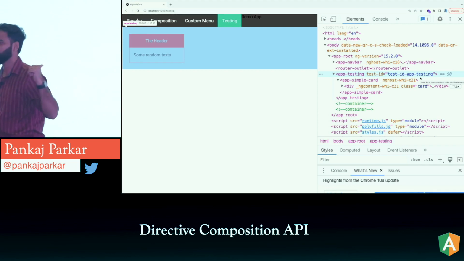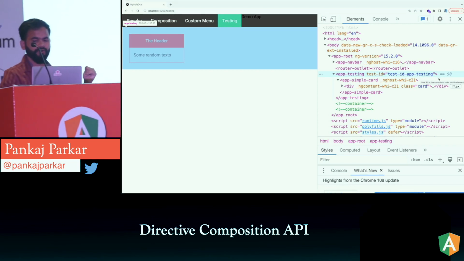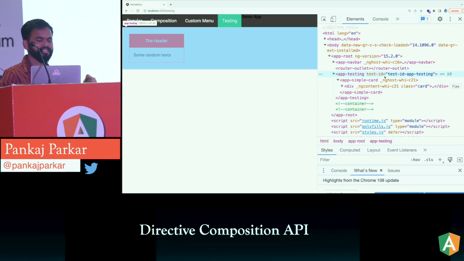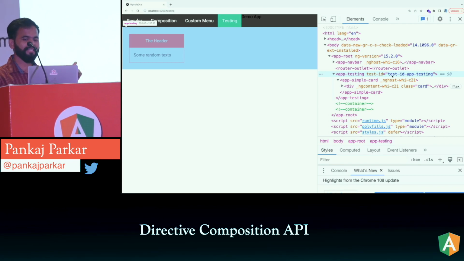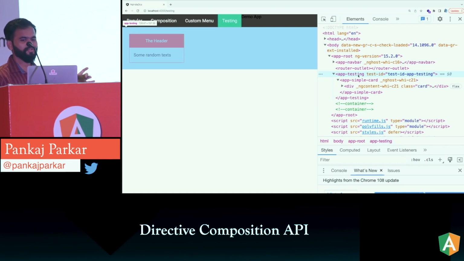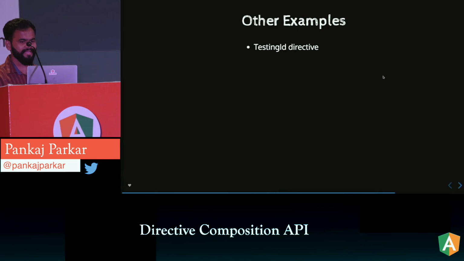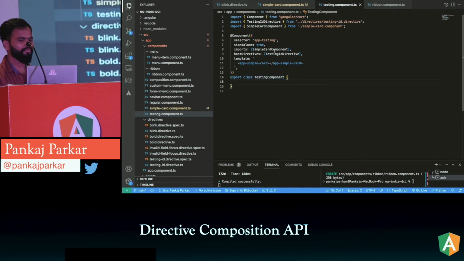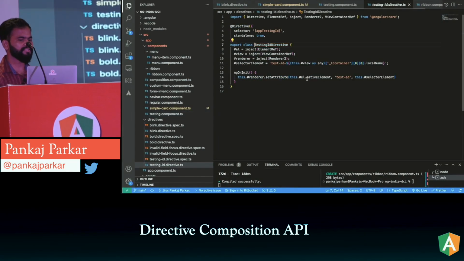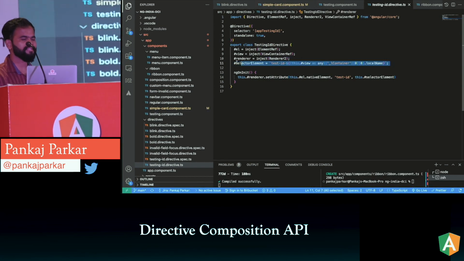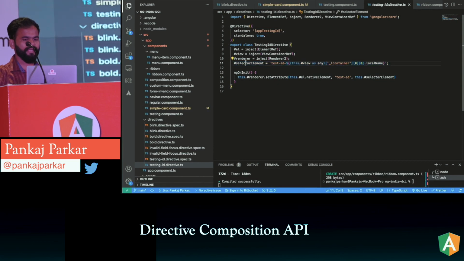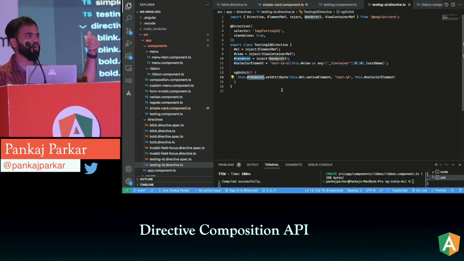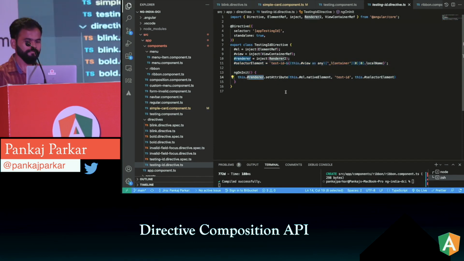So if you look at this example, did you see what we tried to do here? We just made one attribute called test ID. And we added test ID, hyphen, the selector name. So mainly what has been done inside the code, we just added this host directive, and it is somehow accessing the selector tag and putting it as an attribute, from ngOnInit, using the renderer.